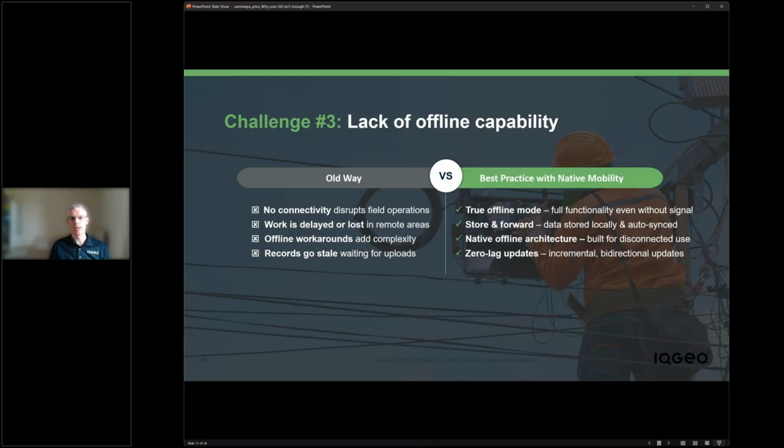But clearly you want to be able to get those updates pushed back as quickly and as seamlessly as possible to the network, and also receive those changes back as the field user as well. So that synchronization process is very seamless and appropriate for the nature of the data that's being synchronized. There's a difference between operational data that may change a bit more frequently, a bit faster, and network data that's on a slower cycle in terms of the update frequency. So those are some of the challenges that we see from an offline capability as well.